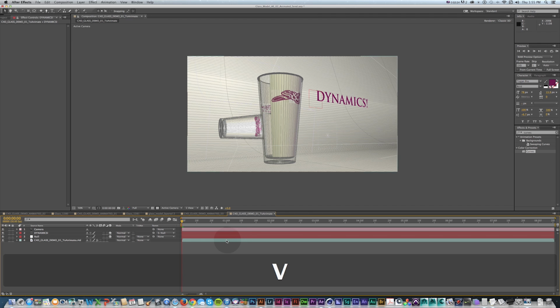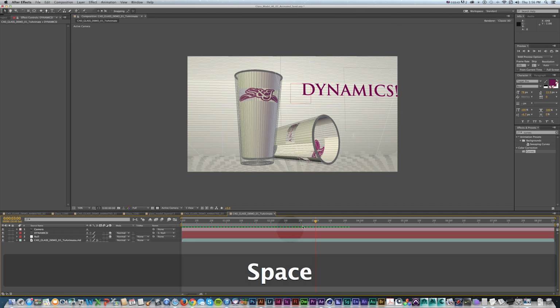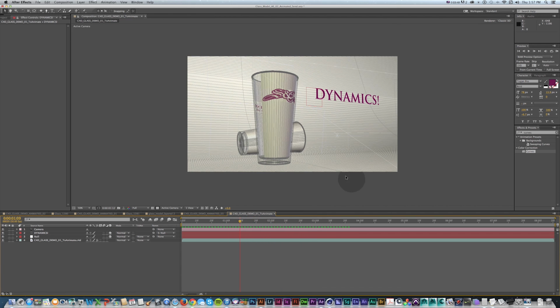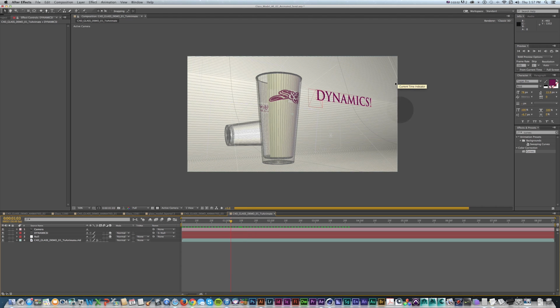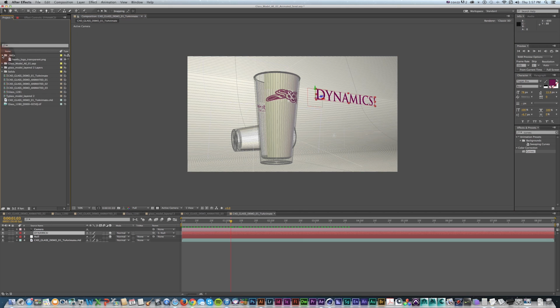And now if I RAM preview, now I have a 2D object in After Effects sitting and linking in my 3D scene from Cinema 4D by just adding that one little null and a tag. And you could make titles in Cinema 4D, but this is just a really cool thing you could do because maybe you want 2D text and you want to be able to use animators,